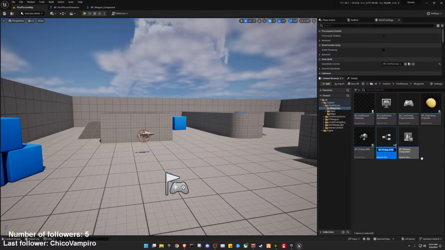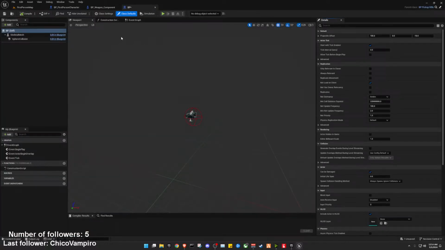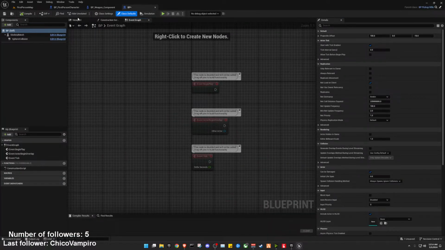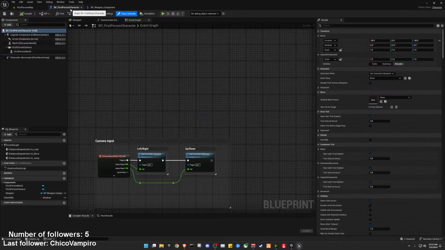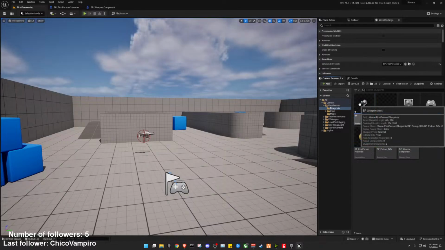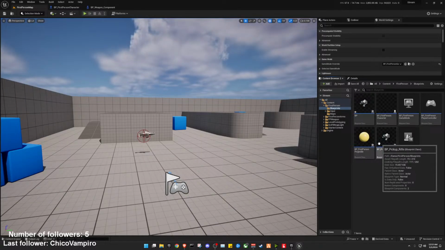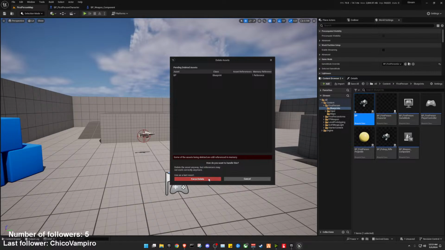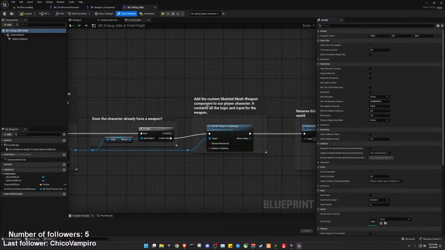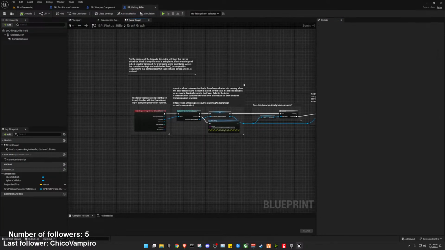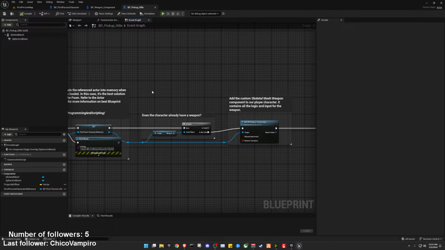it would be pretty cool if I could make a child blueprint, and that may be better. I wonder. I'm thinking of all the possibilities right now. So I'm thinking about how to do this better than the way that I did it the first time. So instead of having separate logic or separate coding for each of the weapons for the pickup or whatever, I wonder if I just go in here and somehow